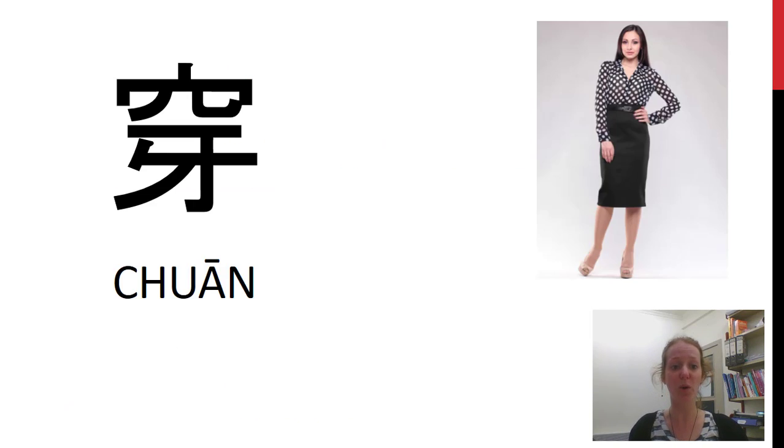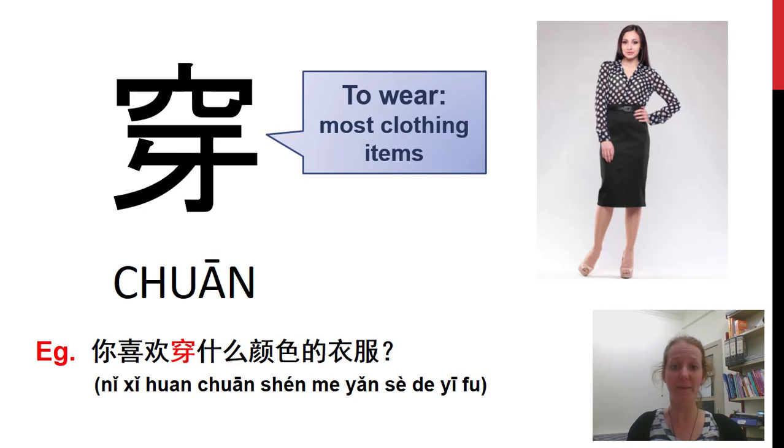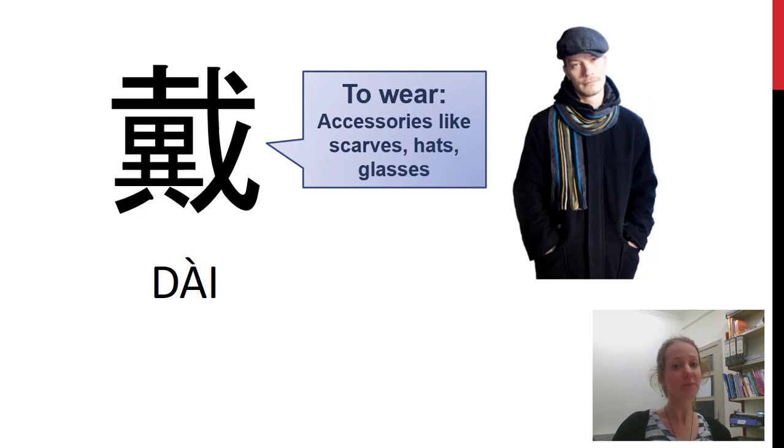First word, 穿, 穿. This actually means to wear, so this is a verb, to wear something. And this applies to most clothing items like shirts, tops, skirts, pants. For example, 你喜欢穿什么颜色的衣服？是什么意思？穿。第二，这是戴. This means to wear as well, but in Chinese we use this word when we're talking about wearing